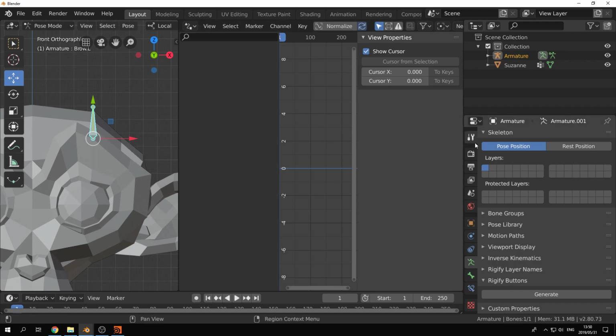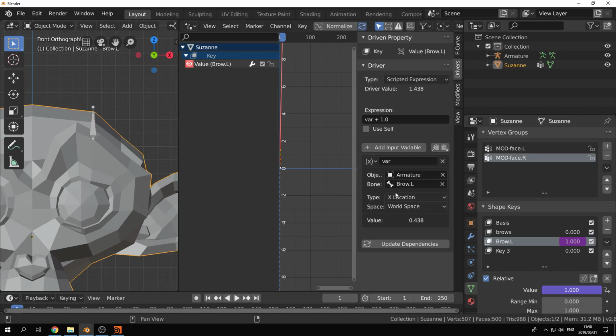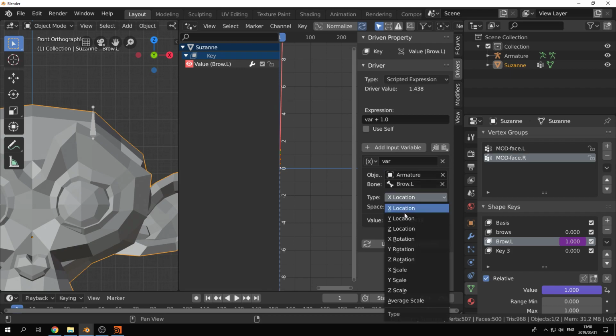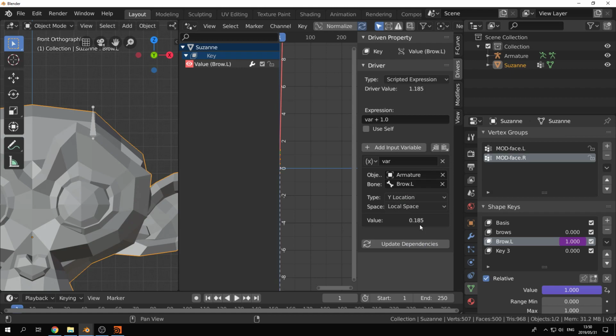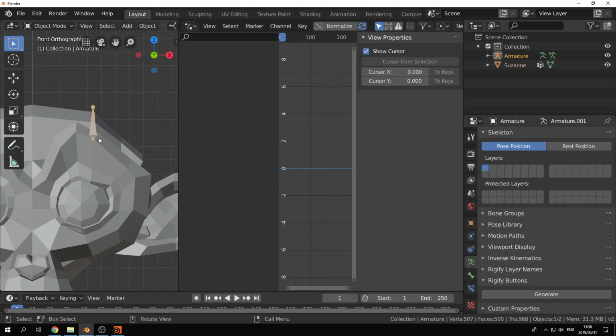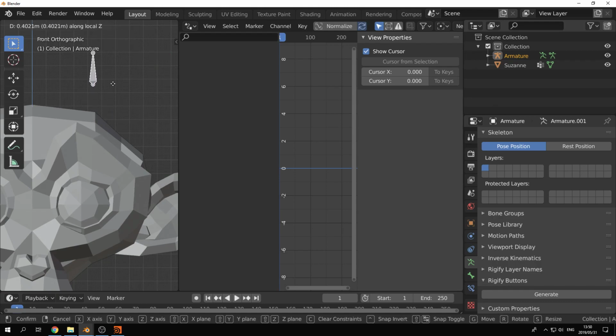Okay, so going back to this. The answer to our question is we want the Y local location. So, back over here, we still have armature selected, the brow, and then we want Y location in local space. And doing that will immediately, you'll see that this is now doing something. If I were to go and move that, you'll see